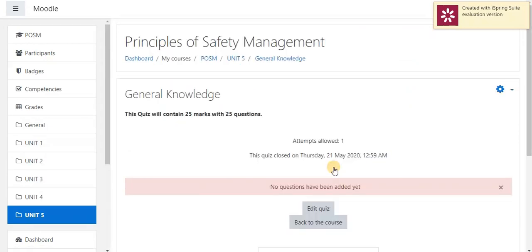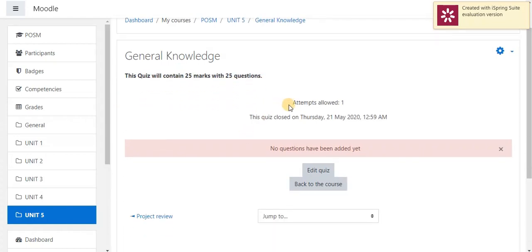After selecting save and display, this page will appear. In this, General Knowledge was my quiz name. Below this is the quiz description. This quiz will contain 25 marks with 25 questions. I have given an attempt for one time only for the students. This will be the time limit for the students.